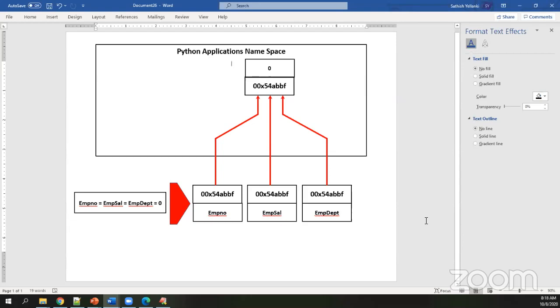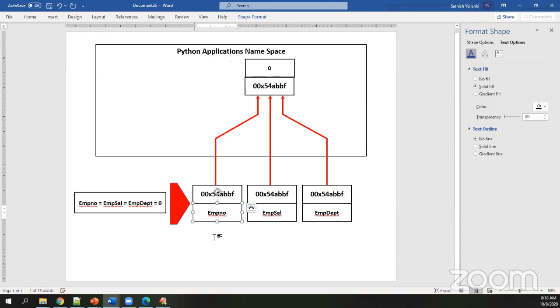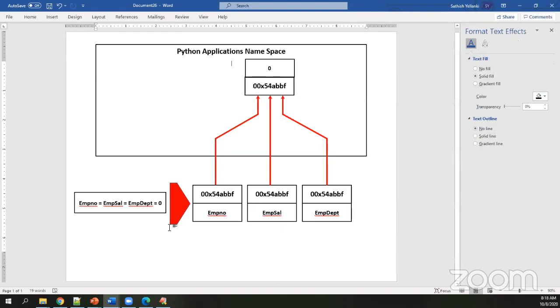So is it not saving your memory space here? Try to understand these constructs very carefully. Therefore, what is happening in languages like C or C++ or Java? Three independent memory locations with three independent values that are loaded.